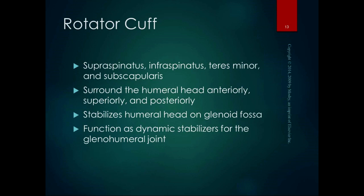So we already talked about the Supraspinatus, and it has that line of pull for abduction. It also pulls the head of the humerus right into the glenoid fossa as it's abducting. Makes sense? Okay, now we're going to talk about the Infraspinatus, Teres Minor, and Subscapularis and see how they fit